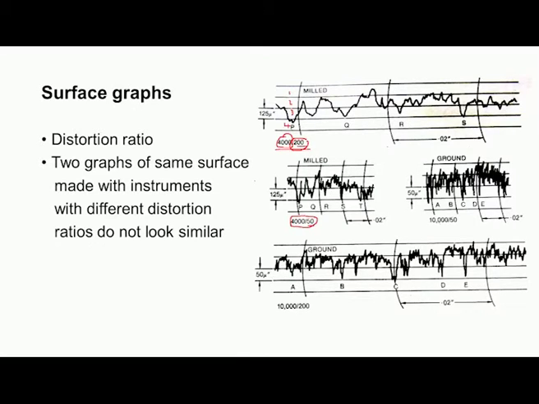This is the ground surface profile with a distortion ratio of 10,000 to 50. You can see here, for the milled surface, the vertical magnification selected is 4000, whereas in the ground workpiece the magnification selected is 10,000. Since the surface will be very fine, we have to select a very high magnification to get the profile. Now, for the same ground surface, when we change the distortion ratio, you can see the vertical magnification is 10,000 only, whereas the horizontal magnification is changed to 200, and then we get a profile like this.